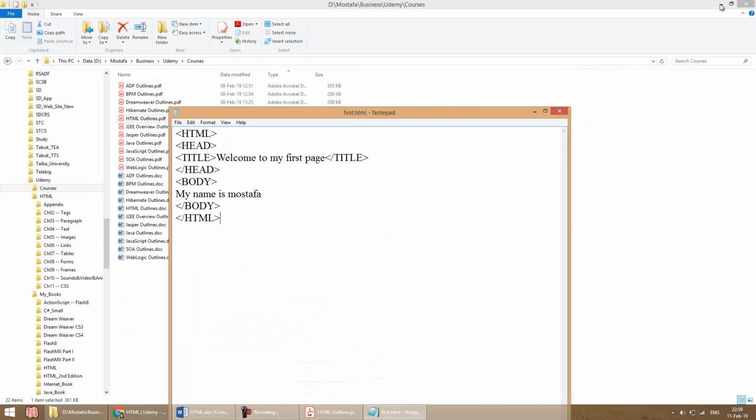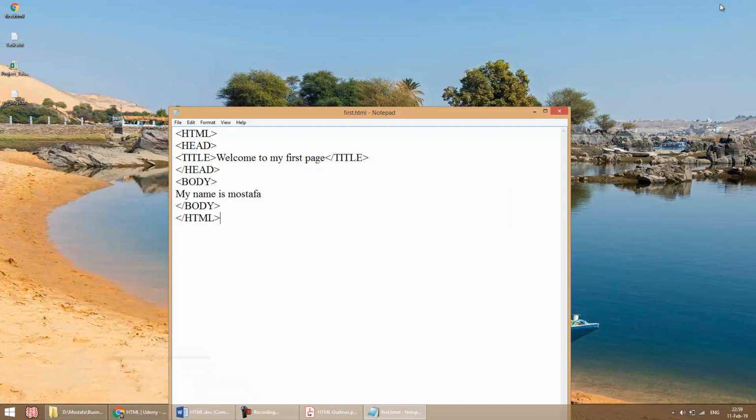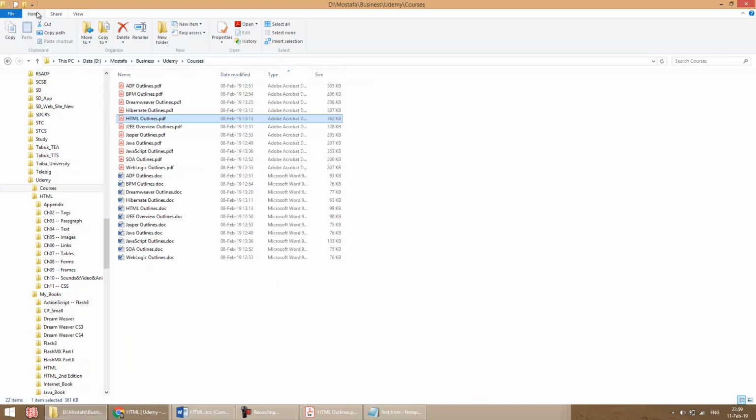Okay, now I'm going to navigate to my desktop. This is first.html. Take care because sometimes your extension is hidden. So you may see it first.html, but there is an extension added as text. So take care of one small thing. Simply, if you have Windows 8 like what I have, you can open File Explorer, then go to View, and